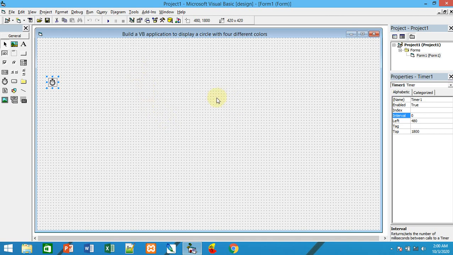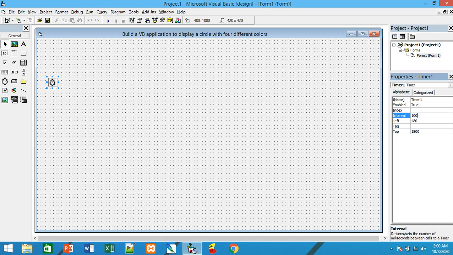So in order to do that, first thing is you need to drag and drop this timer, and set the timer interval not like 1000, so make it 50 or 100. It's 100 milliseconds, means for 100 milliseconds it should display a circle with one color. Say if it is displayed with red color, it will be only for 100 milliseconds. Next 100 milliseconds it should display green. Next 100 milliseconds blue. Next yellow. After yellow again it should come back to red.